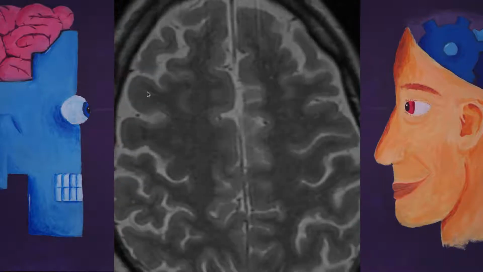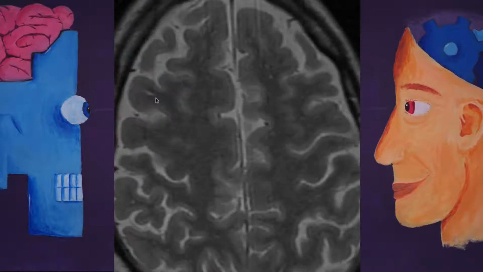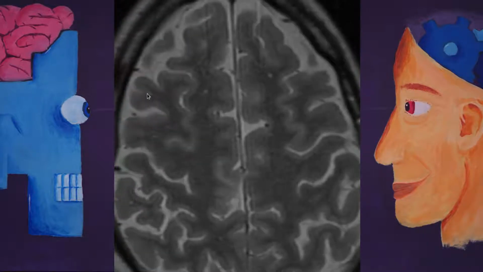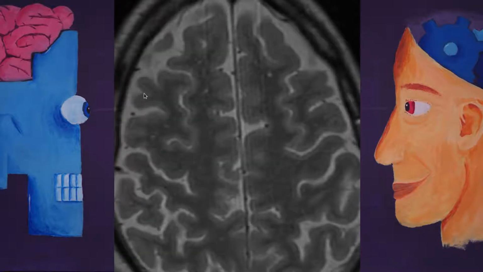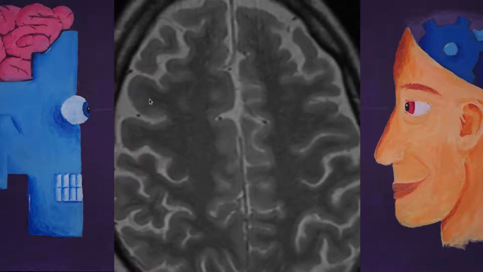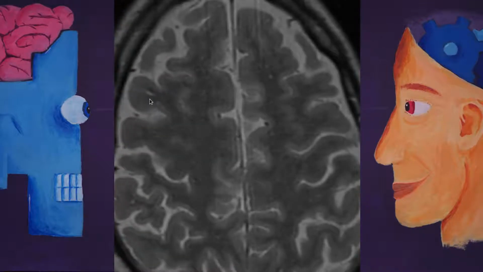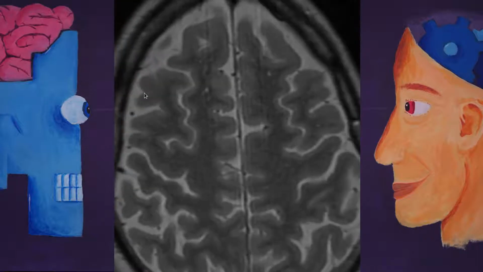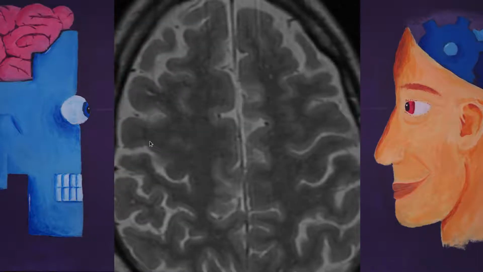It's the same with this one. You have to be careful that it's not a sulcus because it's quite close to that. It seems to be a quite large perivascular space, but it's not. This is kind of tricky because it could be just a sulcus. So yes, you have to be careful.